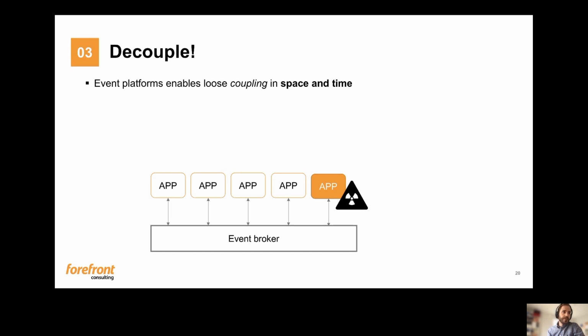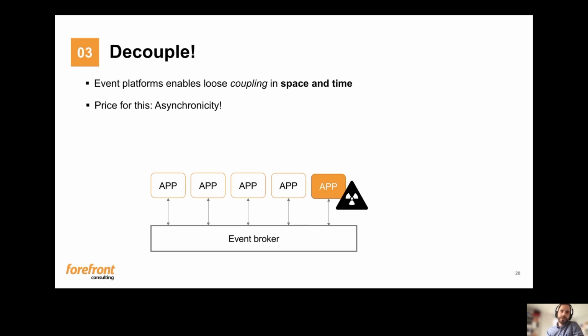So if we look at the other scenario built on an event platform, if one application dies, it doesn't even mean that the other applications take notice of that. So these are very decoupled in that sense. So this is a fact that we can use when we design for robustness in our platforms. But of course, this comes with a price, and that price is asynchronicity. And this can be a problem that we need to handle.